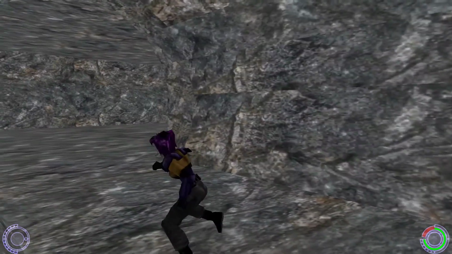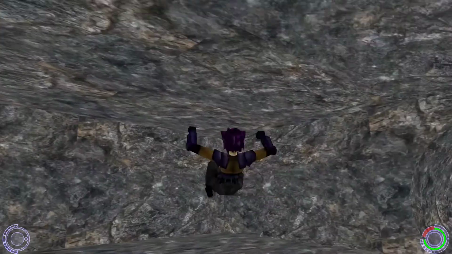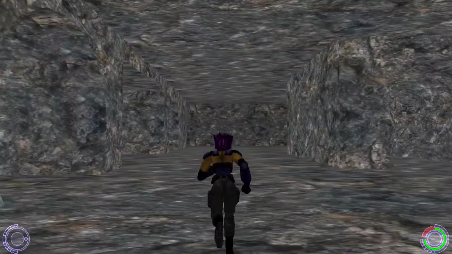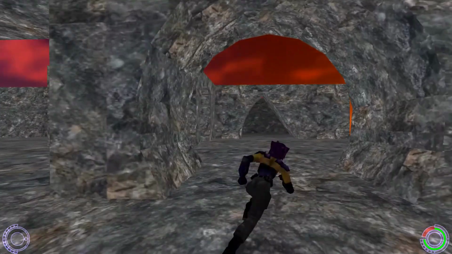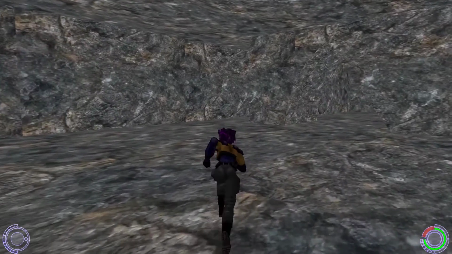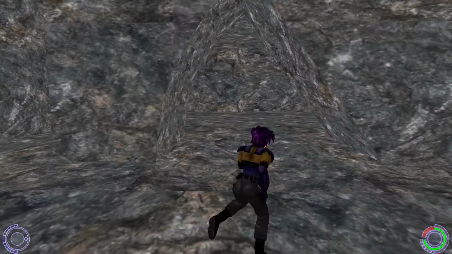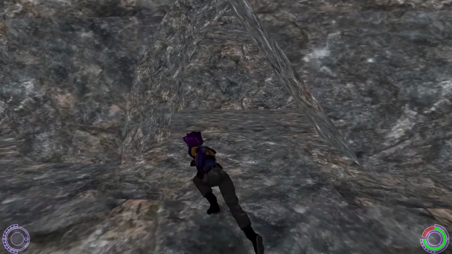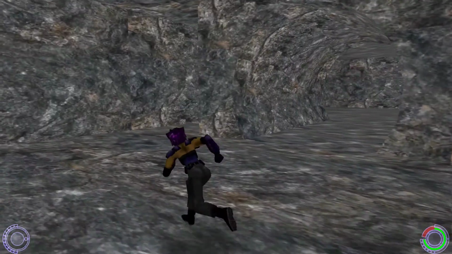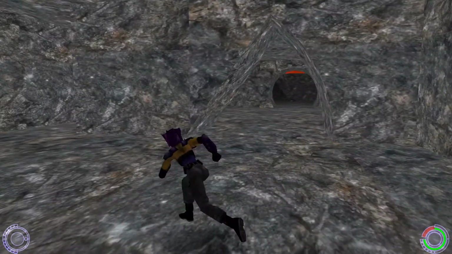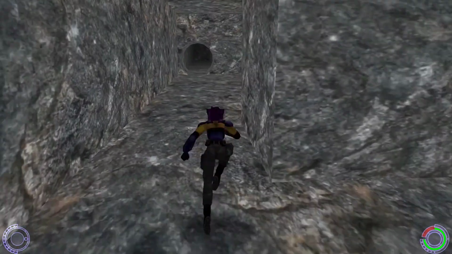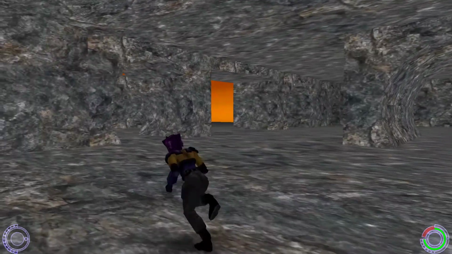I want to do something more, like add some spikes around here or something. I will see what I can do. But the level looks completely different, as you can see. This is how textures make a big change in the look of the game.